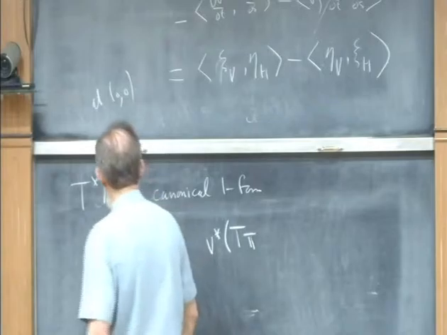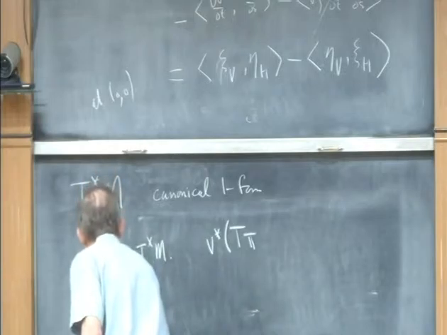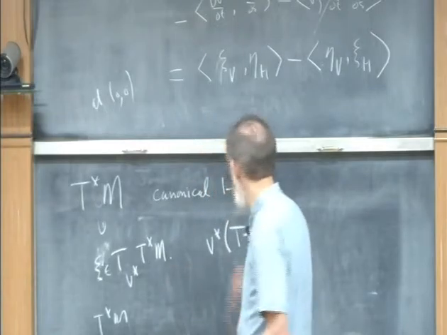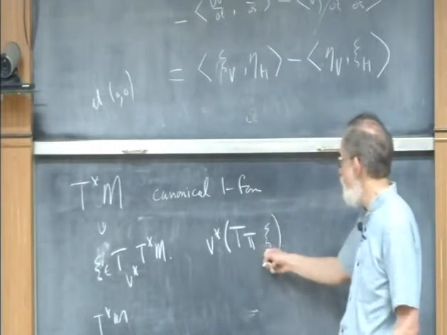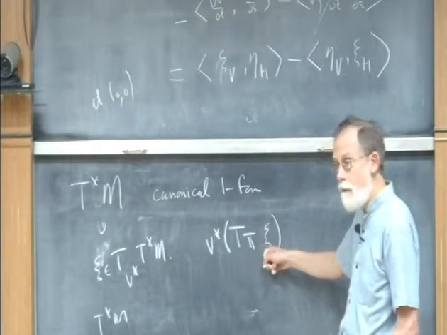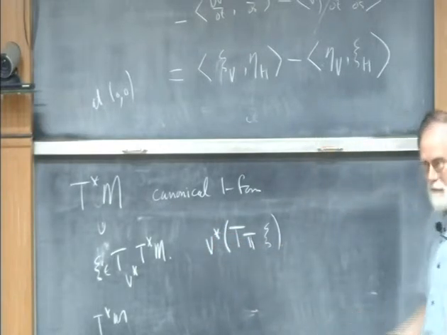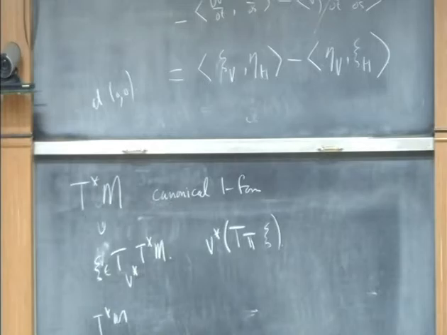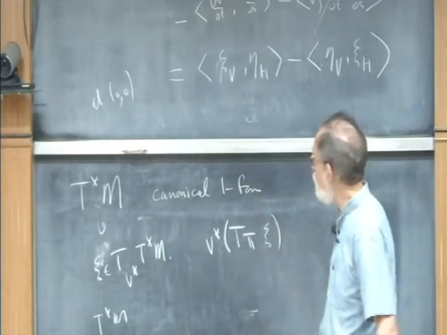I've got a projection from T star M. So I can take the derivative of that projection, apply that to xi. Now, this gives me a vector at P, and V star is a covector at P. Covectors exist to act on vectors and give you a number. So there it is. And the form that we have up there is this one, except that